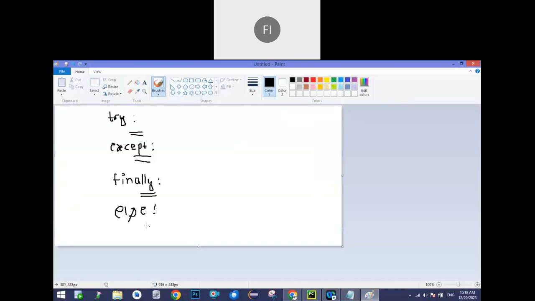Okay. Yeah, some lines of code. So these are the four blocks commonly used for exception handling. Other than this, nothing will be there in Python. But in Java, we have different options like throws, throw, try, catch, like that. But in Python, they gave a straightforward approach, no confusion, no multiple options. We have only one option to handle the exception, that is these blocks. So by using these four blocks only, whenever you require exception handling, we will implement it in any program.